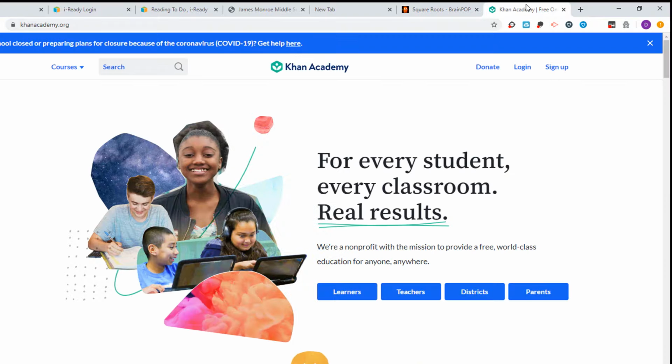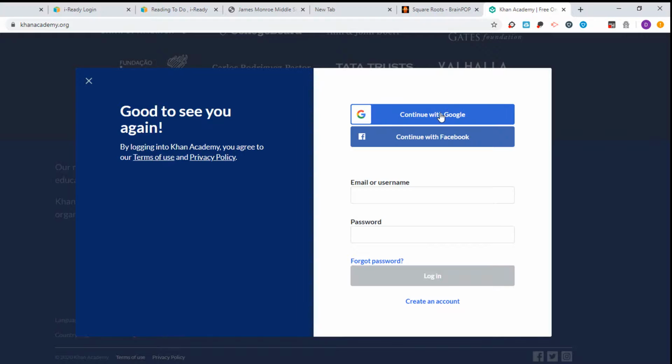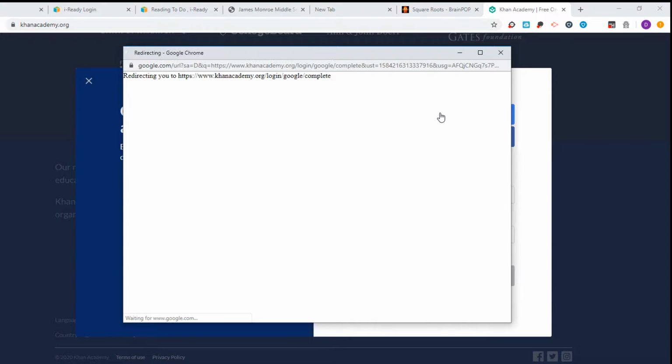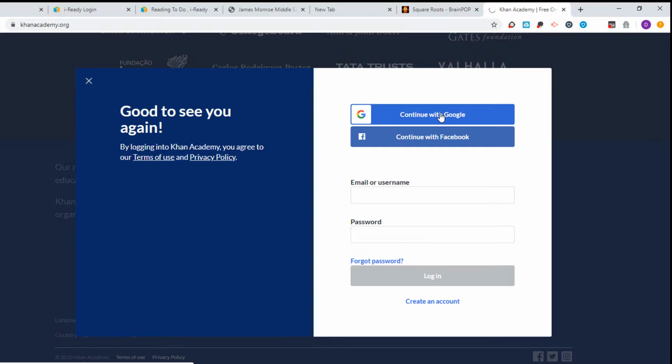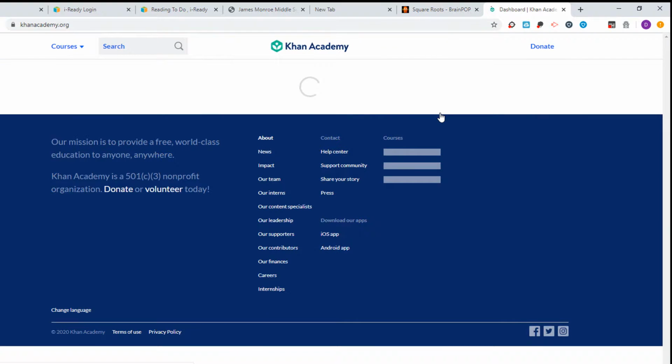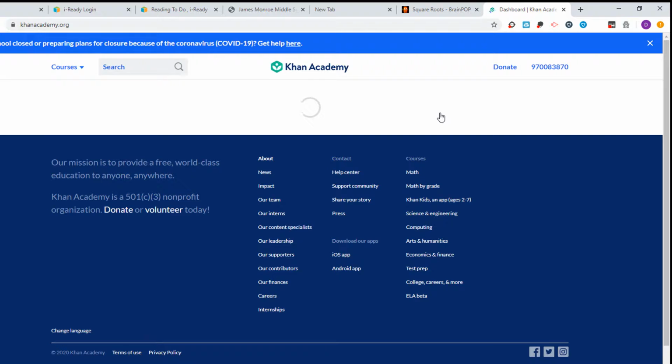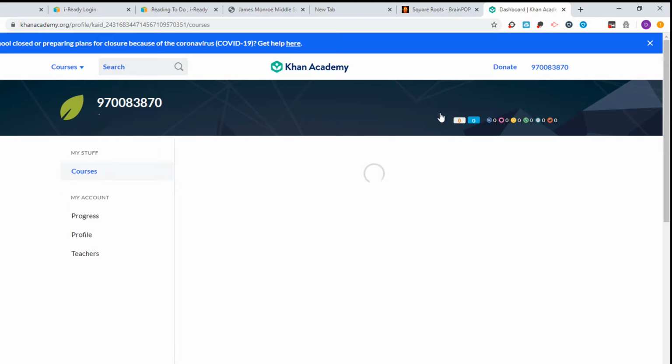Again, if your student is logged into their Google account, they can come here to Khan Academy, choose Login, choose Continue with Google. That way their progress will be recorded because they'll be signed in with their APS Google account. It will open up this window, and because your student is signed in, it should automatically populate the login with their APS account and take them here, where they will have access to what seems almost like an endless bank of lessons. Again, your student can choose to watch some videos and take some quizzes on science topics,